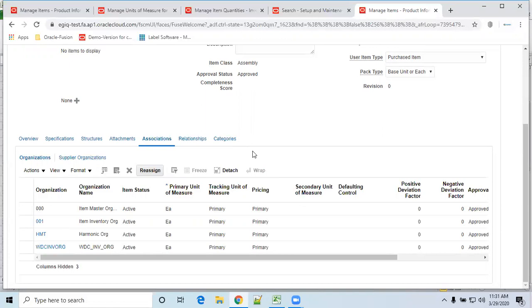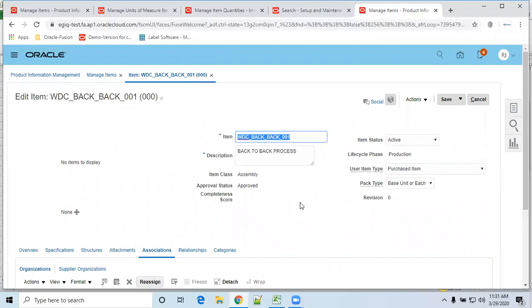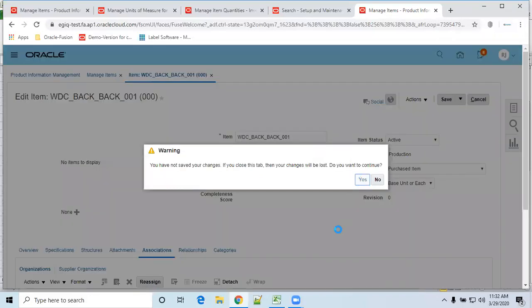So what do we need to do now? Whenever you want to build a relationship, the mandatory step is that the items you are defining must be defined under the same master org only. If we define them under the same master org, the system will allow us to build a relationship. Else, the system won't allow. Okay, now what do I have to do? We'll create one more item under the CCS item master org and verify it. Here it won't allow because this WDC back to back belongs to the 00 master organization.